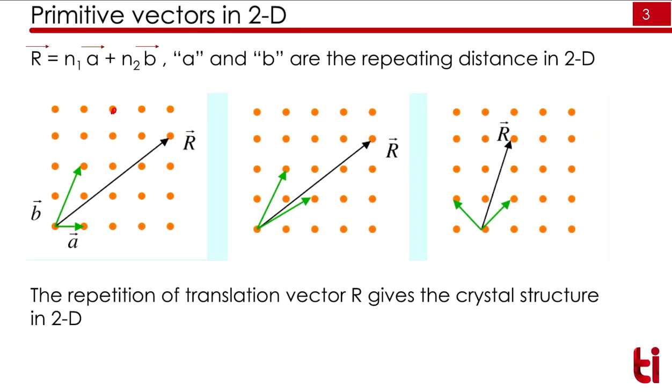Now there are what are called primitive vectors. The primitive vector will give you the crystal structure. The role of the primitive vector is to have a repetition where the surrounding should be the same. For example, if I take this lattice point or this atom, the surrounding in all directions is the same. If I translate this by some finite unit distance, I should get a new position and that should be identical to this original position.